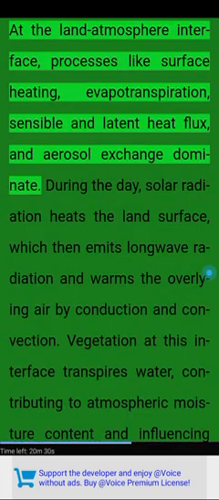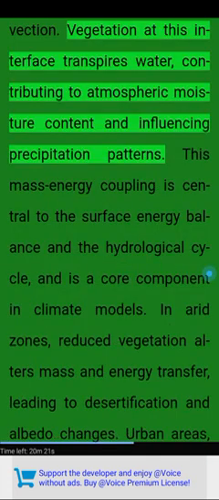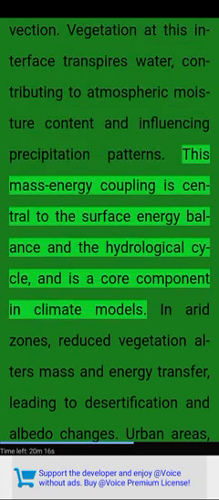At the land-atmosphere interface, processes like surface heating, evapotranspiration, sensible and latent heat flux, and aerosol exchange dominate. During the day, solar radiation heats the land surface, which then emits long-wave radiation and warms the overlying air by conduction and convection. Vegetation at this interface transpires water, contributing to atmospheric moisture content and influencing precipitation patterns. This mass-energy coupling is central to the surface energy balance in the hydrological cycle and is a core component in